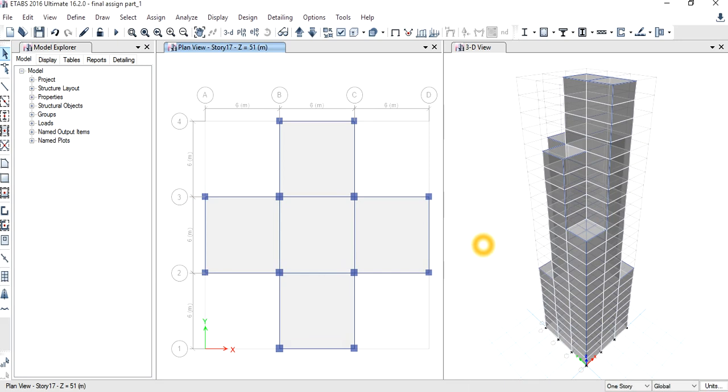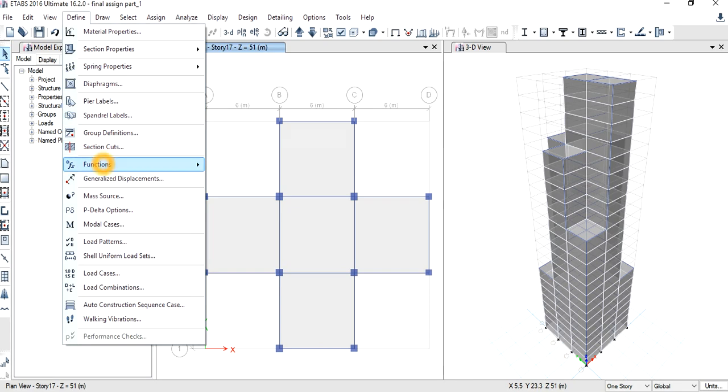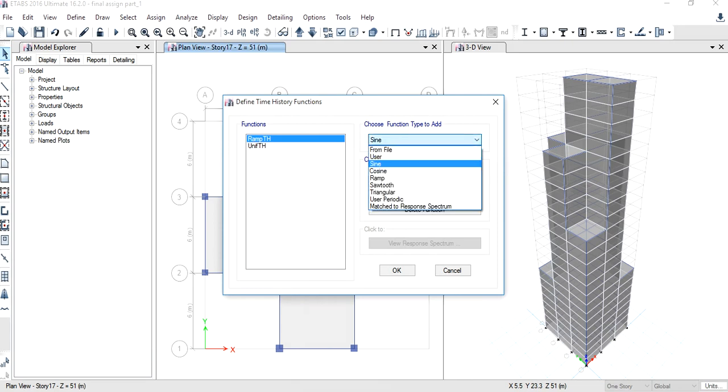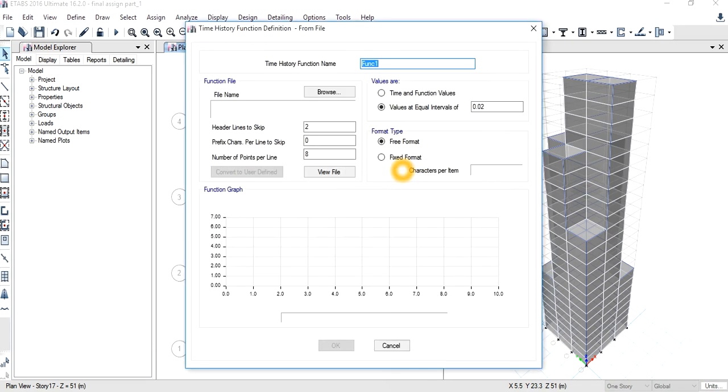Now we will define the time history function. For that, go to define, select functions. From there, select time history. From here, we will choose the function type to add as from file. Then click on add new function. The function is given the name time history.